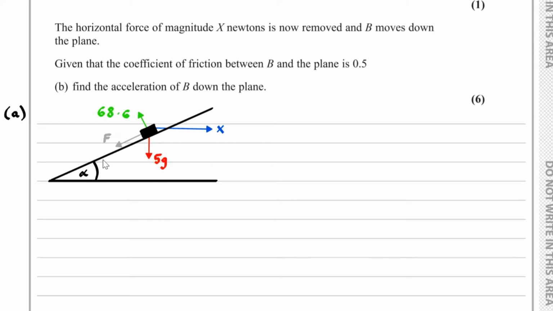What we need to do is find the magnitude of this frictional force. And so what we can do is resolve parallel and perpendicular to the plane. If we resolve perpendicular, then we have the perpendicular component of the weight, that would be 5g cos alpha,